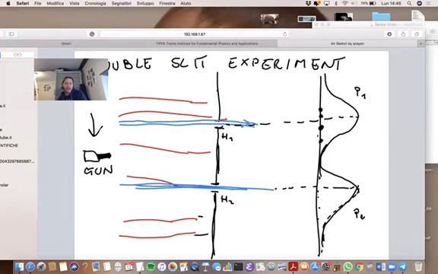And I guess you all agree on what happens if I shut one of these two holes. Well, for instance, I shut this hole here. Well, clearly nothing goes through there.